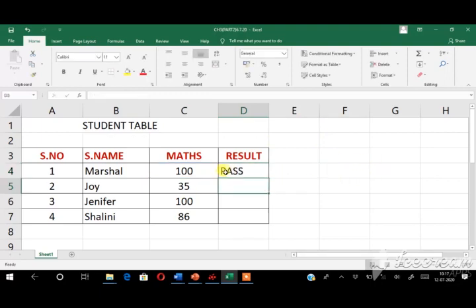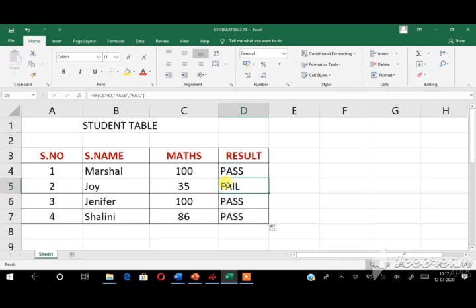Now see this, the first student's value is in C4. This student got more than 40, that's why the result comes as pass. So you have to copy the formula. Last class I explained how to copy the formula to more than one cell. Click the cell and go to the corner. This is the fill handle, and then just drag your mouse down. Now see, for only one student the result comes as fail.